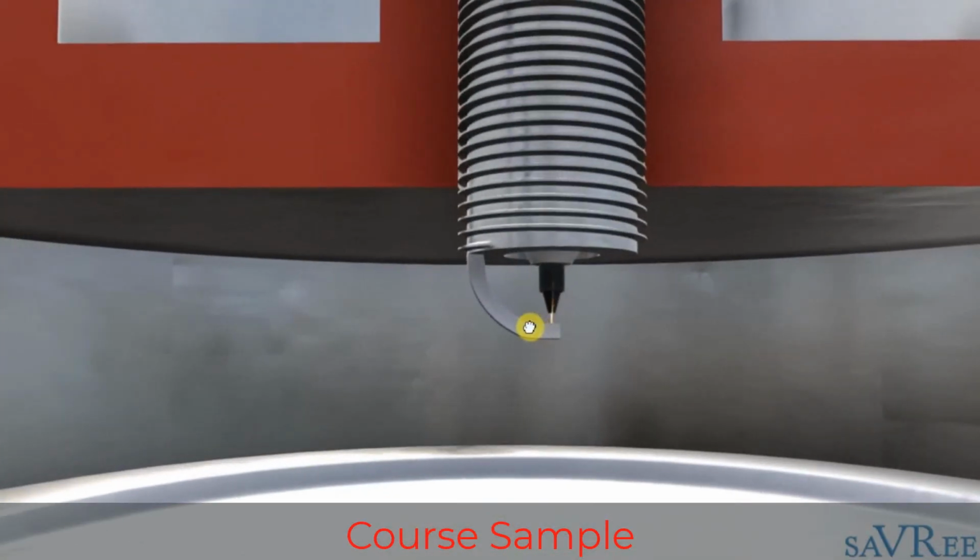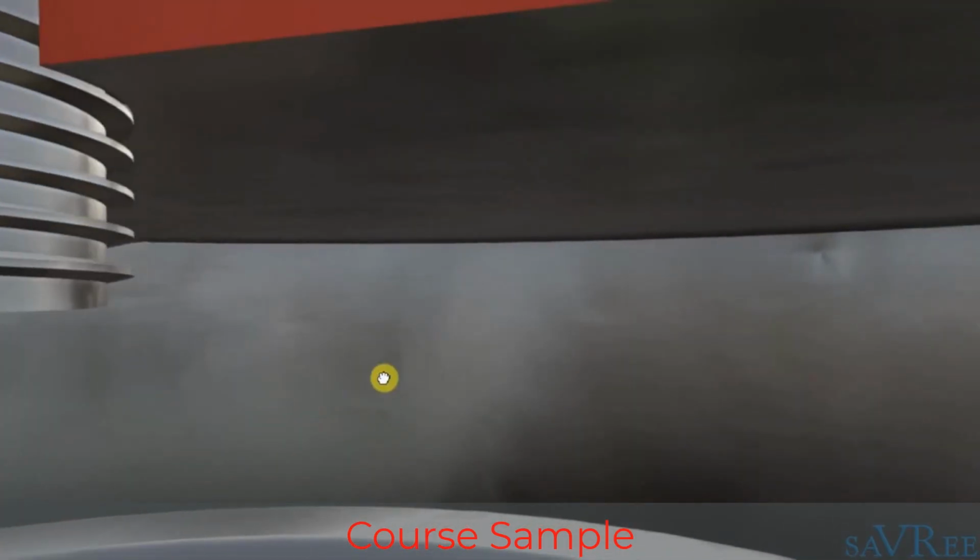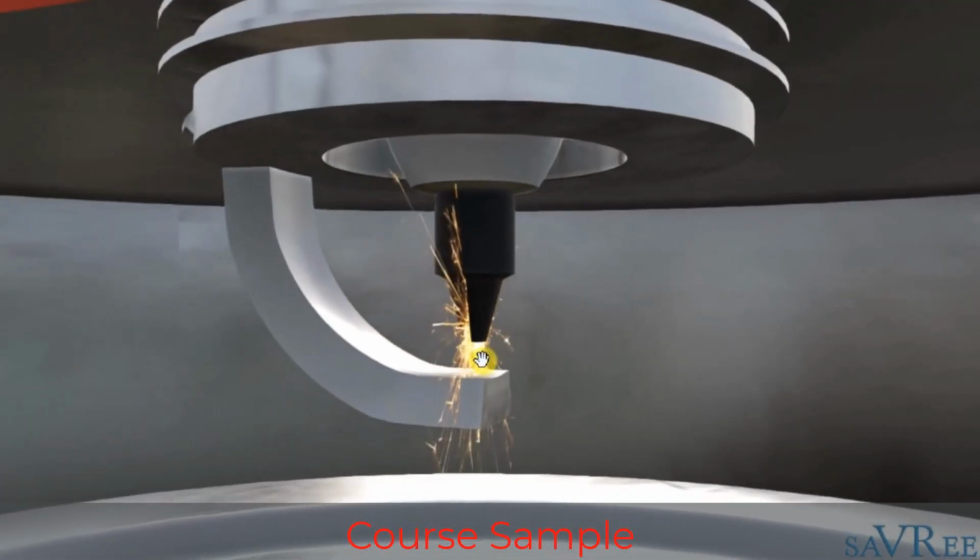Let's just zoom in. We can actually see the little spark that has been created by the spark plug. This piece here is called the central electrode, and we're charging this with high voltage. At some point the central electrode and the piece below it are going to be so charged that the air is going to become ionized and we're going to get a spark that jumps across the gap. This spark is quite hot and it has more than enough energy to light that hot, highly